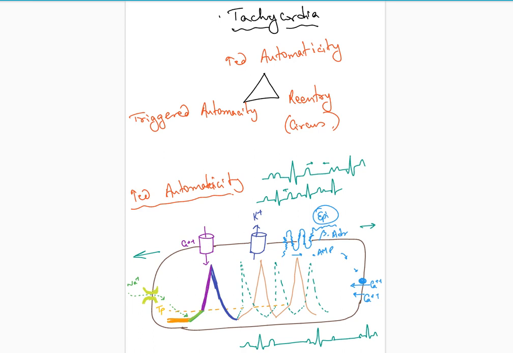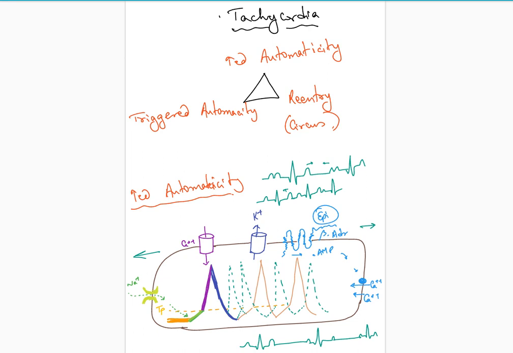calcium. So you see, I have shown with green colored dotted lines that if there is more calcium influx, do you realize that now the action potential will be more frequent? More calcium will enter, so action potential can generate from here also. It can be more frequent. Everybody understanding this? Frequency, how is it increasing?